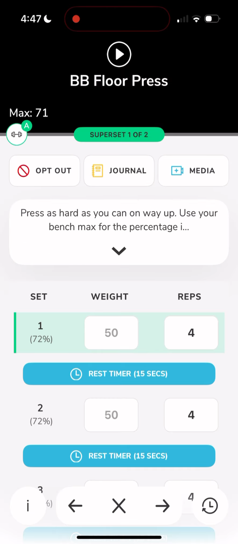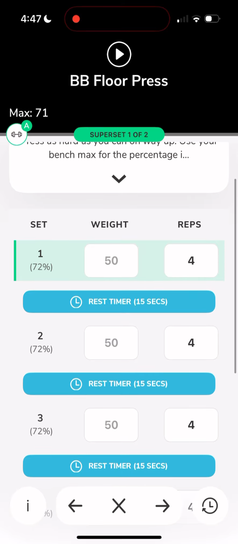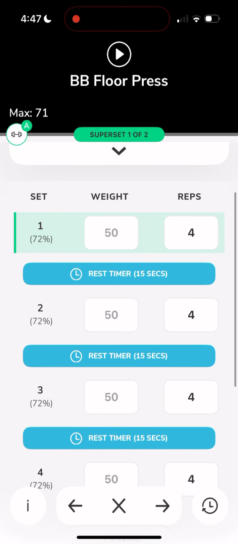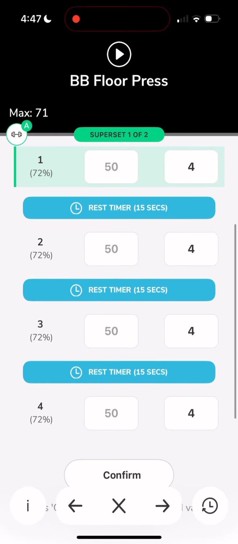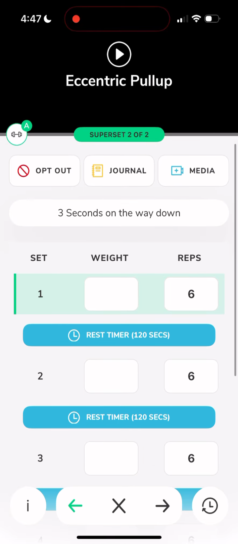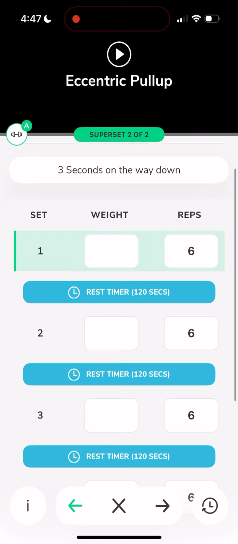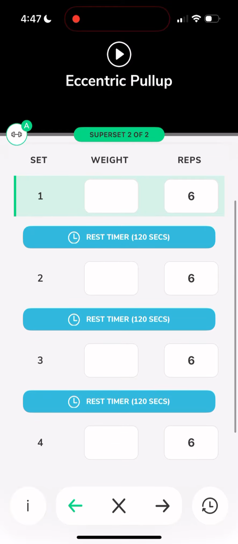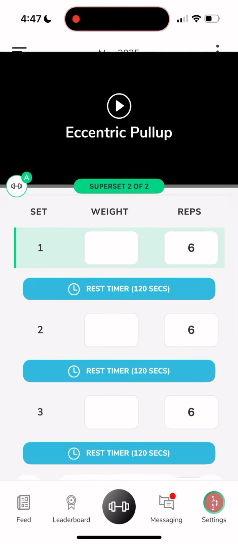For this exercise, it has a weight programmed based on a max. It has rest listed in between. It is paired with something else. As you can see at the top, it says superset 1 of 2. So if I were to move on to the next exercise, it shows what the next one is. Got some directions at the top, and now it shows me my rest before I get to the next set